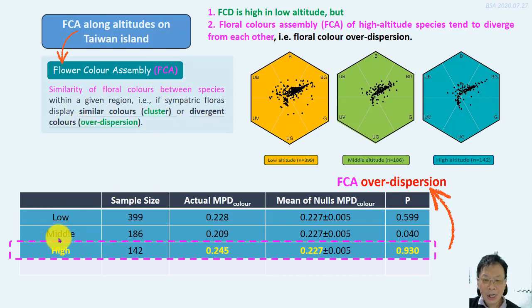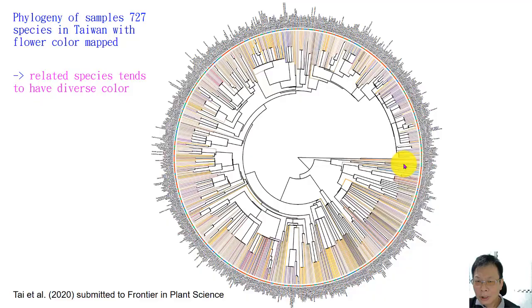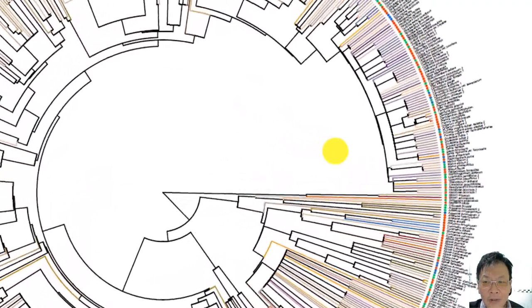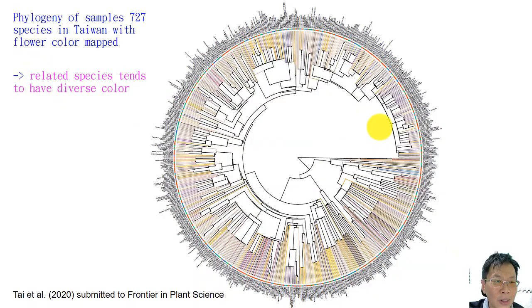So we found out particularly the high altitude of Taiwan. This is high altitude Taiwan's species flower color. They have a significant level indicating the color assembly of high altitude species tends to over-dispersion. That means for the species in high altitude, the flower colors are quite different from each other. So we want to ask why they are so different from each other. If we want to answer this question, we need to look at their phylogeny first. You can see from the phylogeny, from these 727 species,